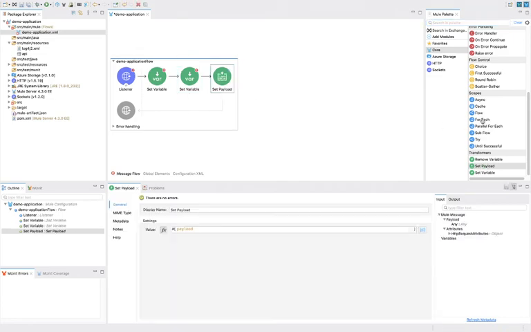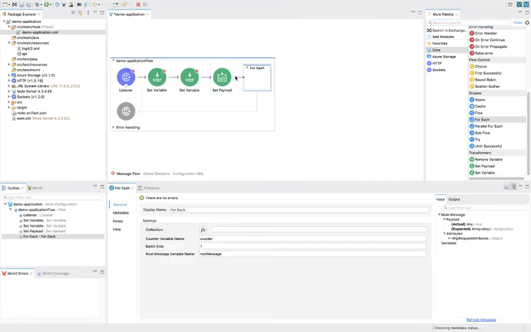I want to run one loop, so I will drag and drop loop. We will configure it in the proper way tomorrow, since we need to discuss a few more basic things. Just now I am giving a high level overview of how you will use this Anypoint Studio. I am not creating an actual application, so we will create the actual application in day 2.